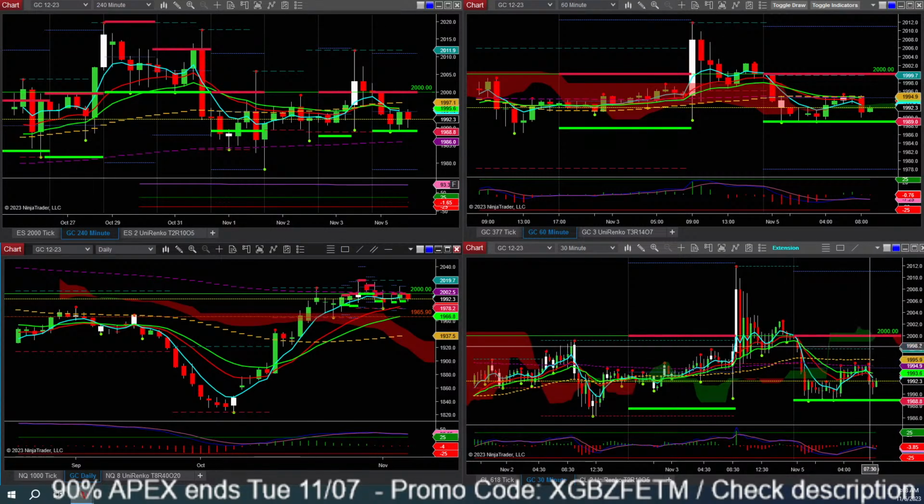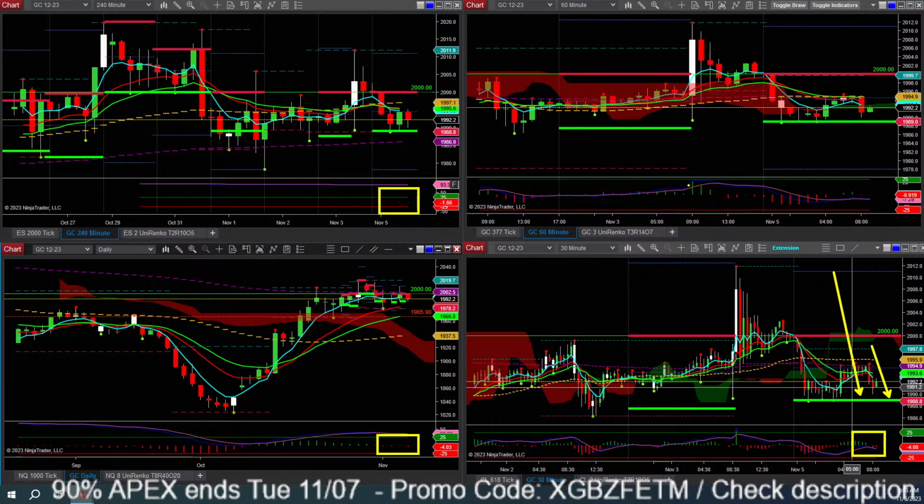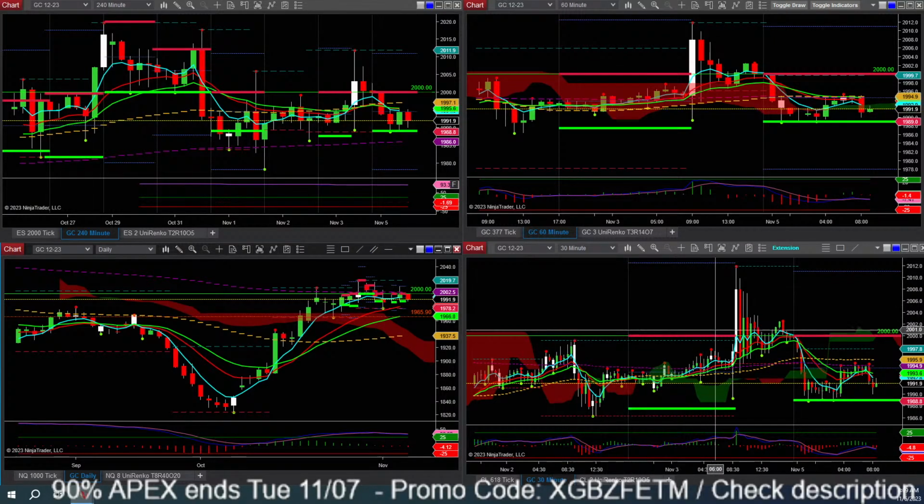30 minutes. It's also bearish to neutral, going into this resistance at 1988, right there, 1988.80. And then you see here there's a red momentum in all the charts. So 30 minutes is I would say neutral to bearish there. Okay, let's go back to